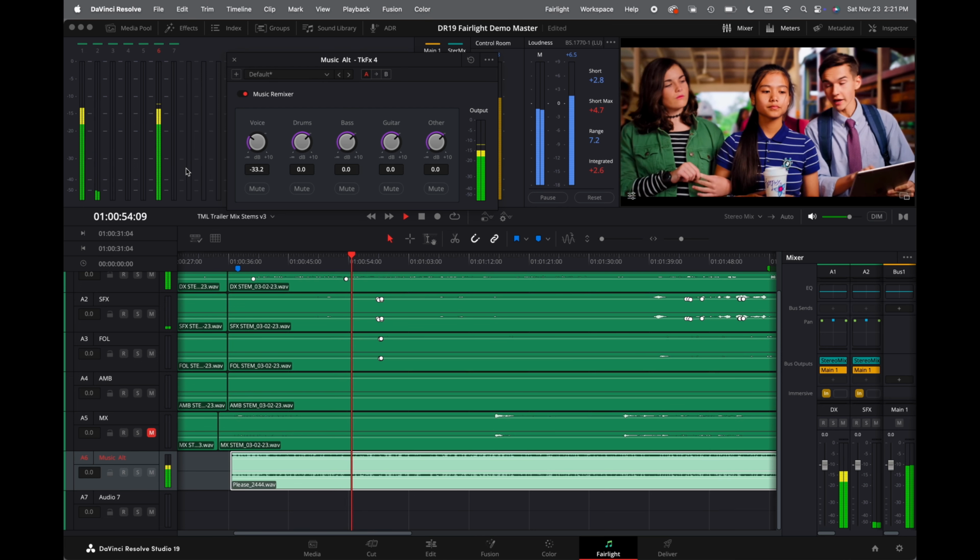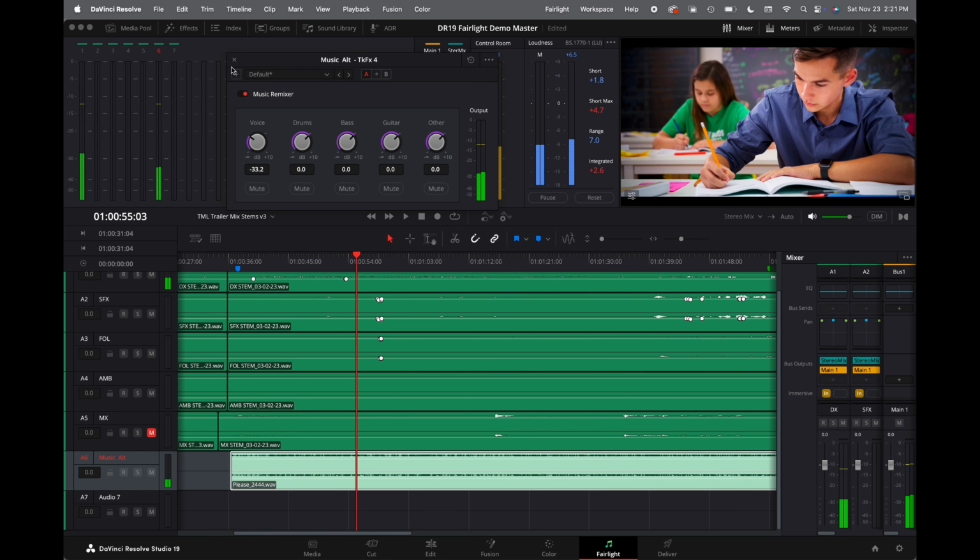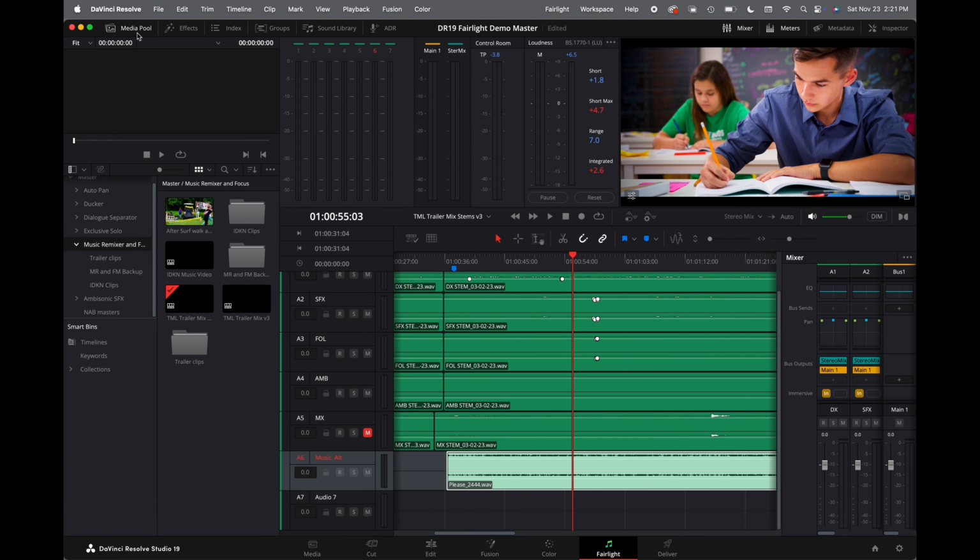So I could also just turn it down a little bit if I wanted to, and you could use it for all different types of music. Now this one was simple because I had a music track, but let's do something a little more challenging just because I like that. That's how I roll here. Let's do